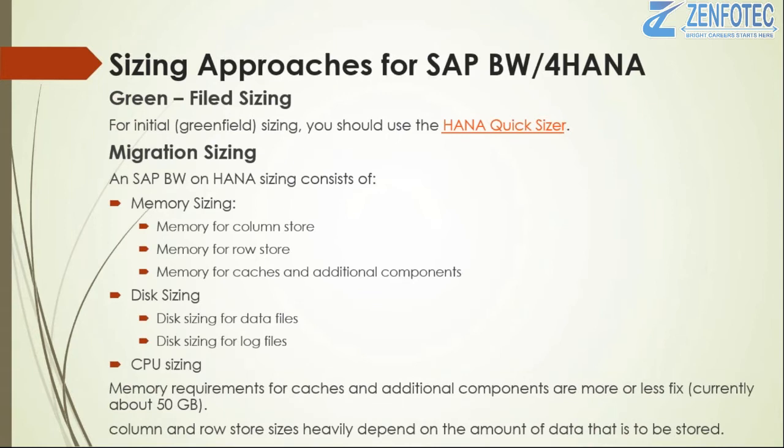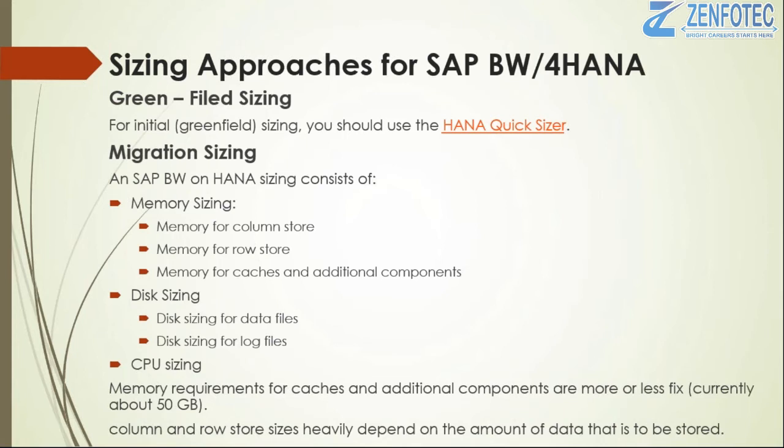So what is the purpose of the column store and the row stores in BW systems? If you see your S/4HANA system or Suite on HANA, that is your transactional application, and BW is the analytical application. If you configure the distributed environment for your BW system, that is the scale-out concept. If you implement your BW as a scale-out installation, one will be a master node and the others will be worker nodes, or we can say slave nodes, and you will have one standby node minimum for high availability.